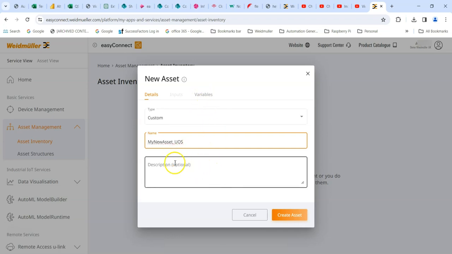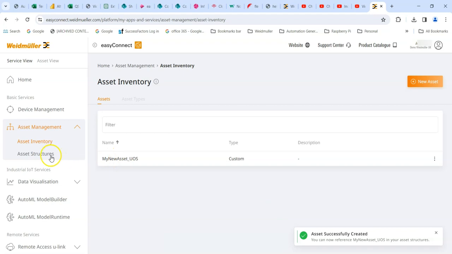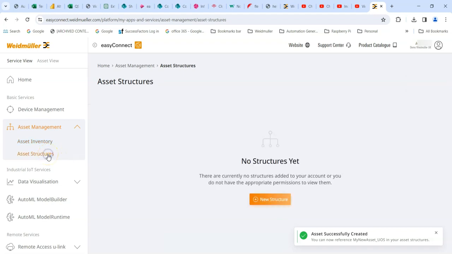And that's all I need to do. I can add a description if I want, but I'm just going to leave it like that. So it's My New Asset uOS. Create the asset, and then you have to go to Structures and New Structure,